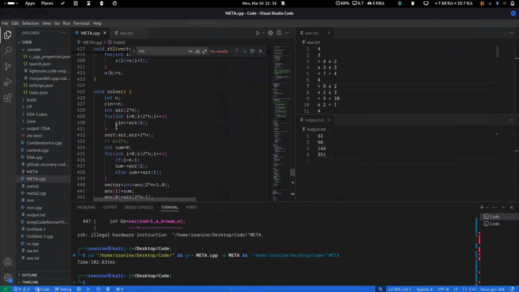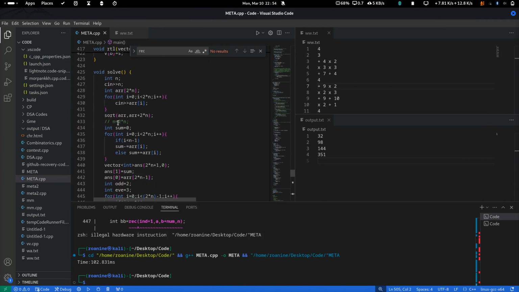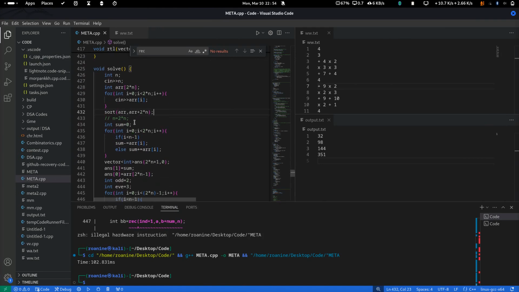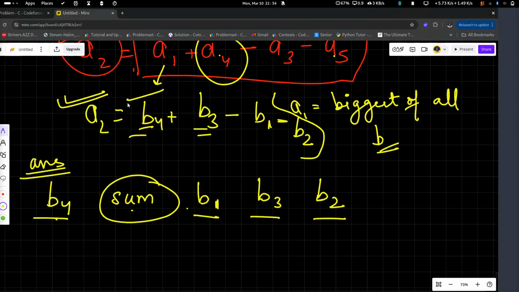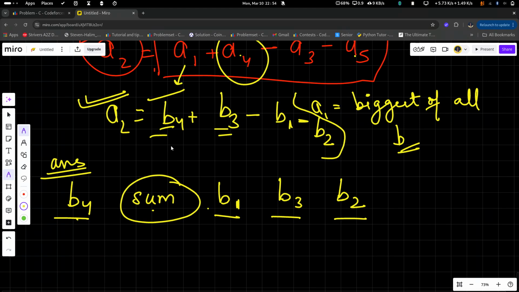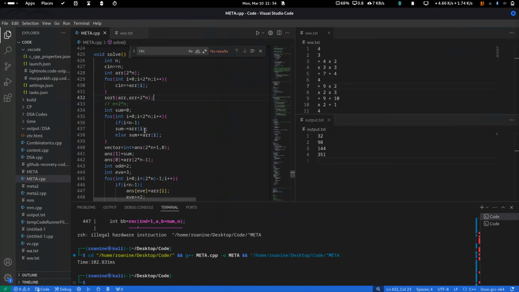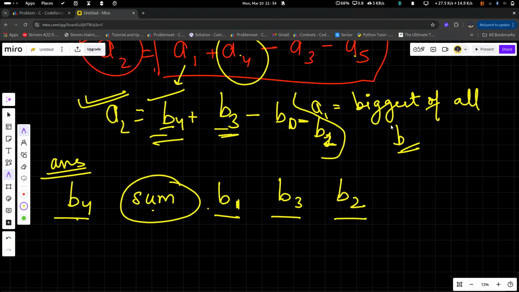I have taken this array, this is the b array basically, then I have sorted that array, then I have taken sum. How can I calculate the sum? Because my sorted array is like this, if my i is, it will come as 0, 1, because I am using zero-based indexing here, and then 2 and then 3.